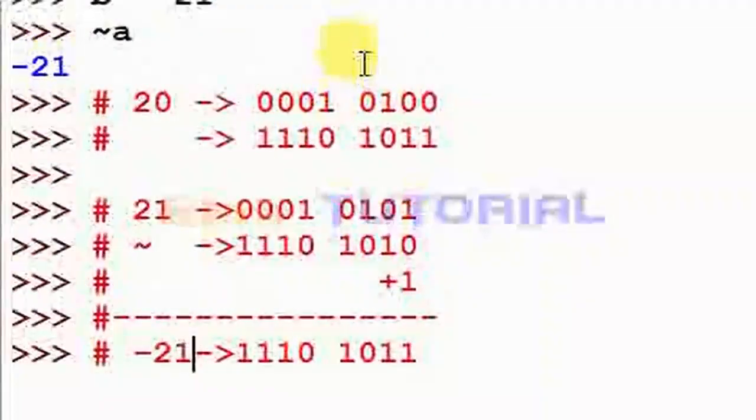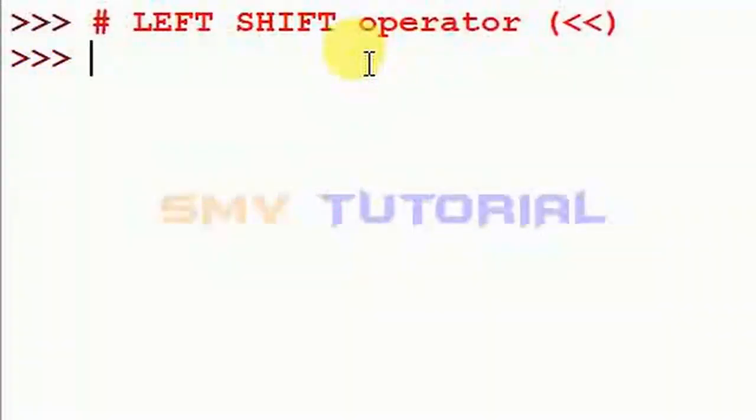And the next operator is the left shift operator. This left shift operator works on one value and how many times the bits are moving. This is a left shift, to the left side. That means a is equal to 4 now.